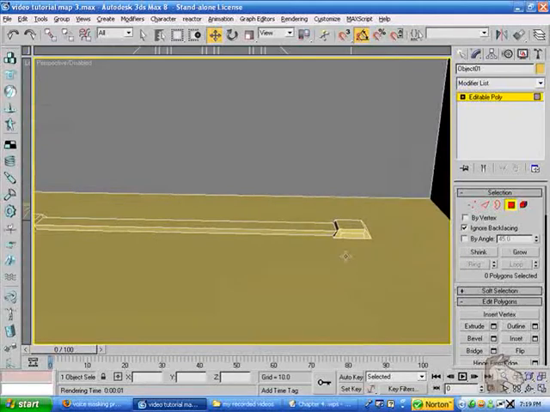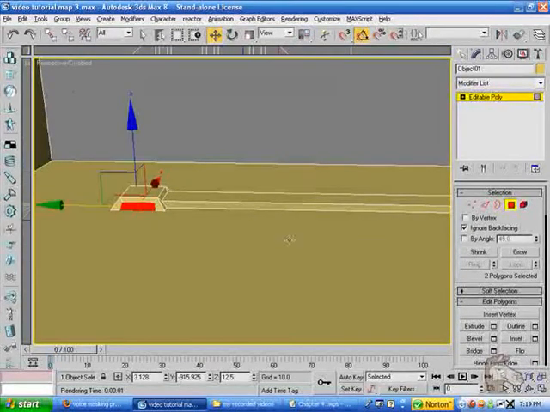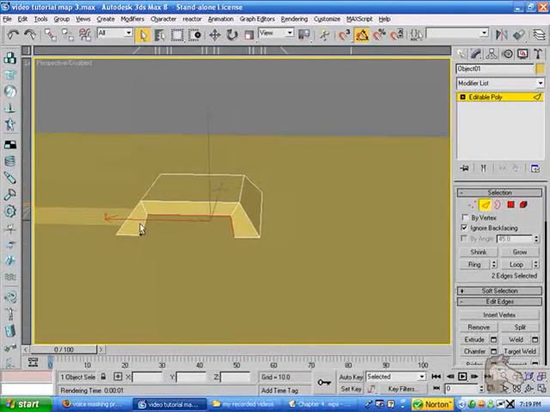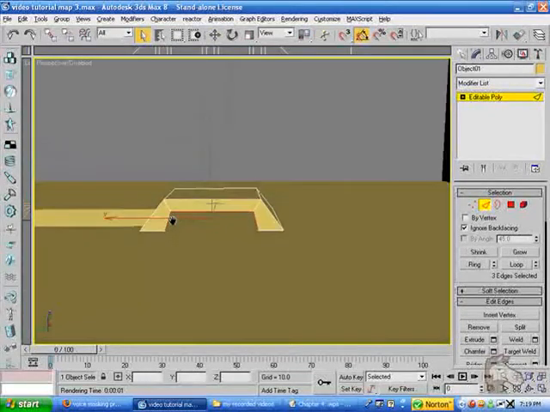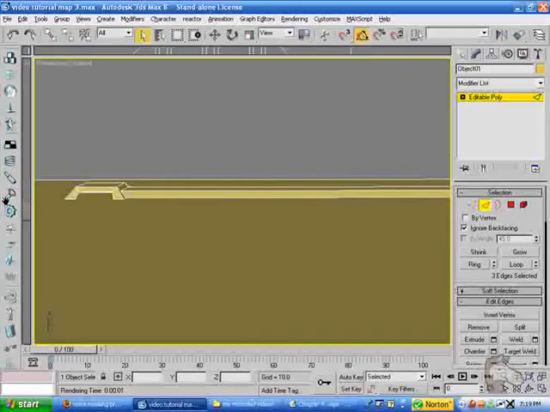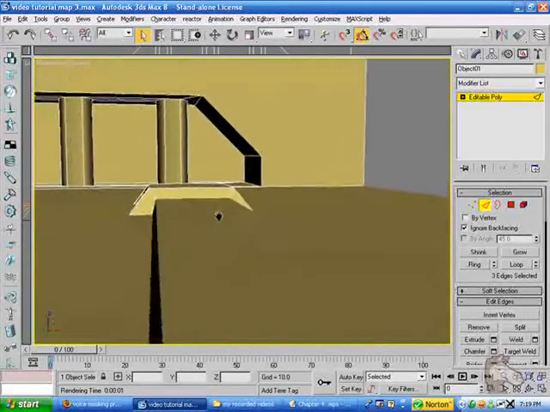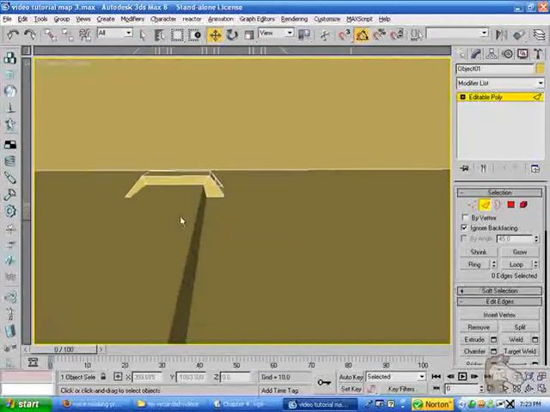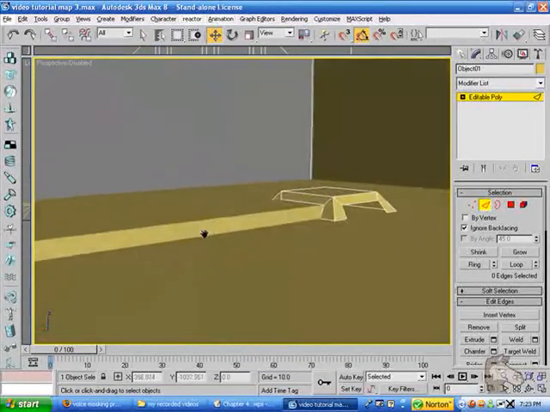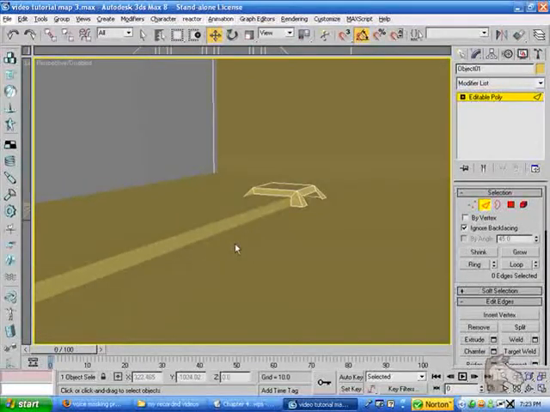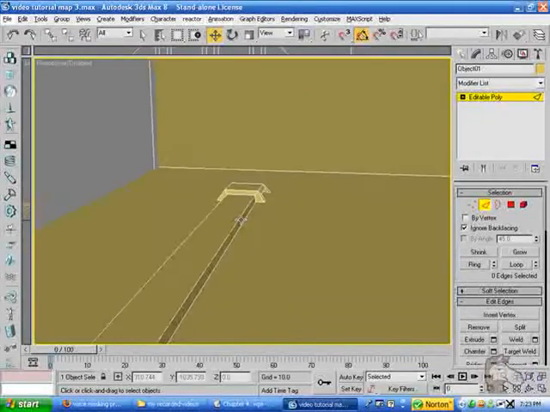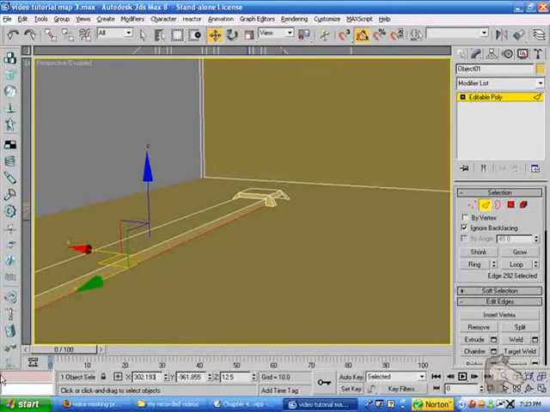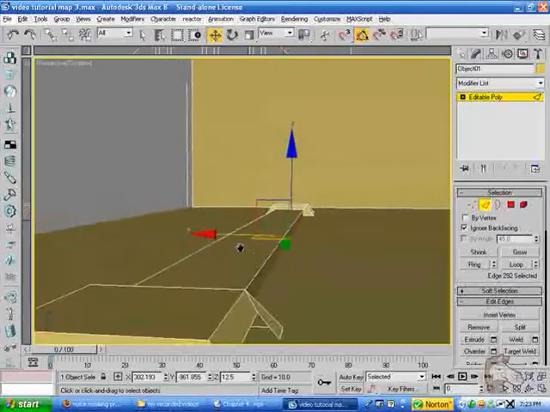Now for these other two borders right here, go ahead and delete the faces. Select the edges that make up the edges of this box right here. Something seems screwed up. Hold on. Okay, sorry about that. Somehow these edges right here got at an angle, and that wasn't supposed to happen. It's supposed to be a 90-degree angle right here. So I'm just going to correct that real quick by selecting this top edge, copying the coordinates on the x-axis, and pasting them at the bottom. That should make it 90 degrees. I'll do the